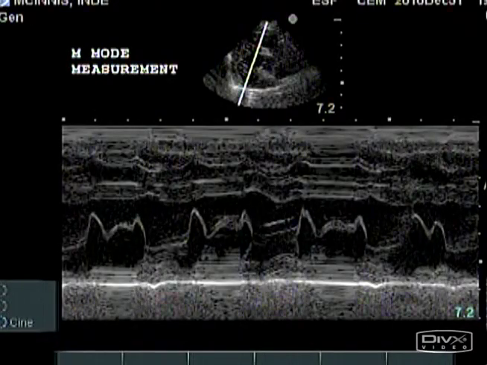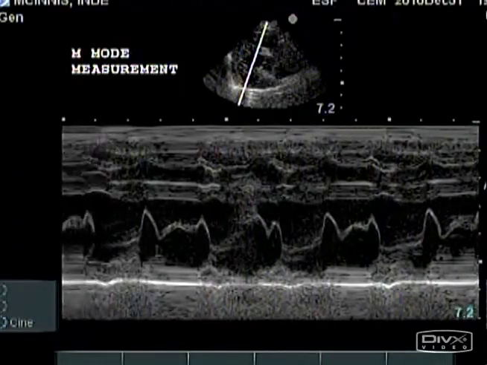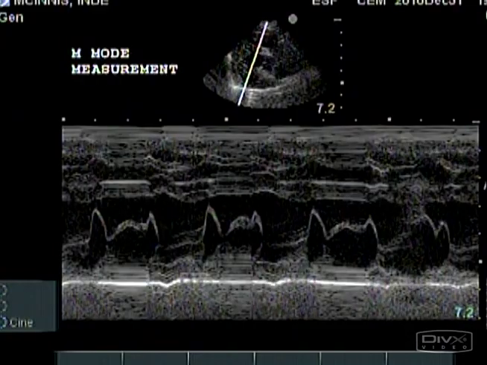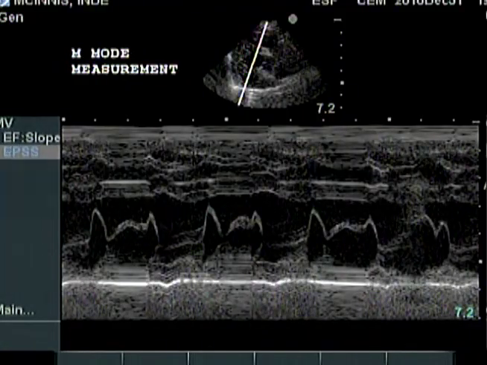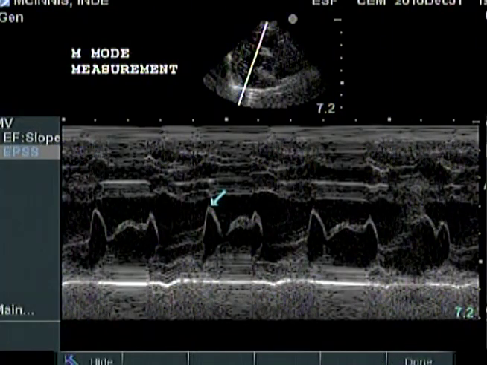Freeze an image and use Cinematic Loop to choose an E wave that comes closest to touching the septum. Turn on the calculations package of your machine and choose the E-point to septal separation measurement, or EPSS. The E-point to septal separation is a measurement of how close the anterior leaflet of the mitral valve comes to